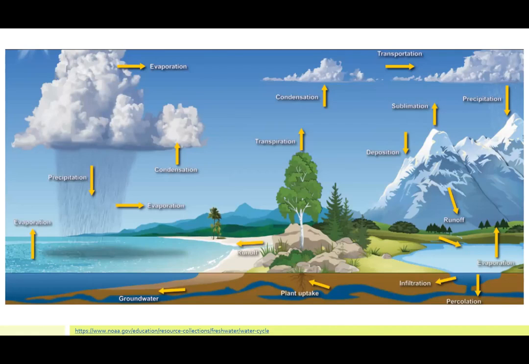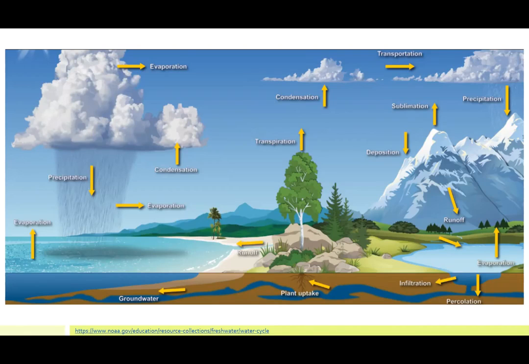Apart from evaporation, sublimation also contributes to water vapor in the air. Sublimation is a process where ice directly converts into water vapor without an intermediate step. As opposed to sublimation, there's also what we call deposition, where water vapor converts directly into ice. Water also evaporates from the land surface and transpires from plants, and this process is called evapotranspiration. When the clouds are formed and become too heavy, it pours down as precipitation.